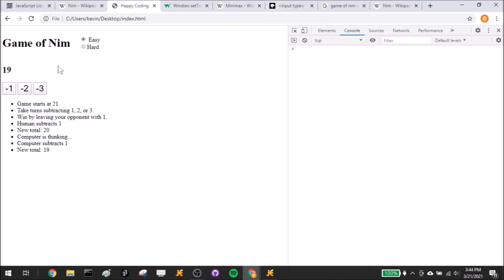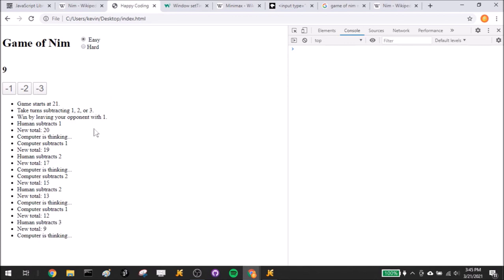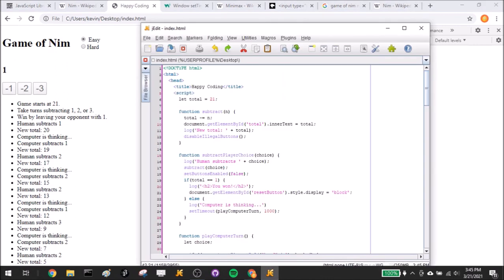All right, and here's a better example. I'm going to play a perfect game. We're at 19, so I can force the computer into these bad numbers. I'm going to give them 17. Here I'm going to give them 13. And here I'm going to give them 9. And here I'm going to give them 5. And I've won now. So that's the logic that the computer follows in hard mode,